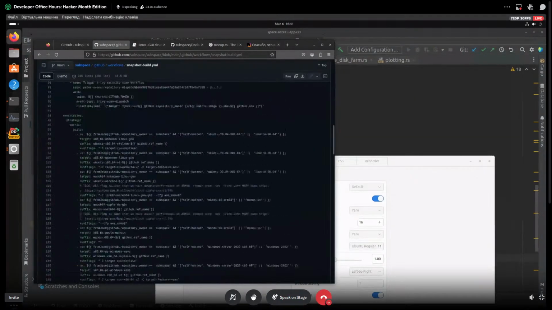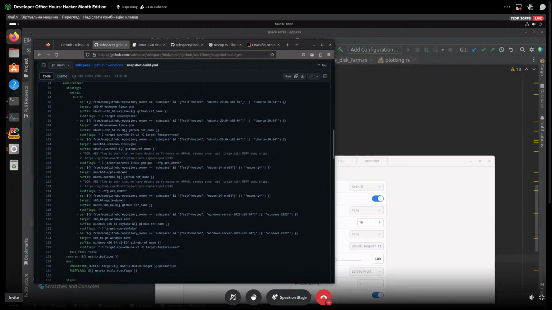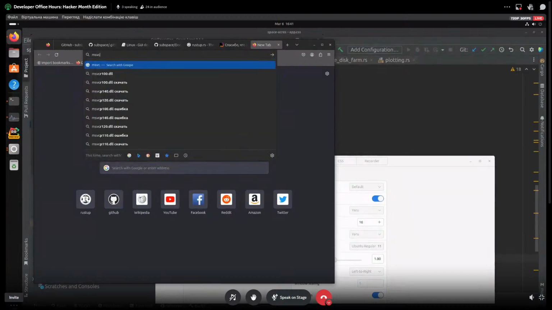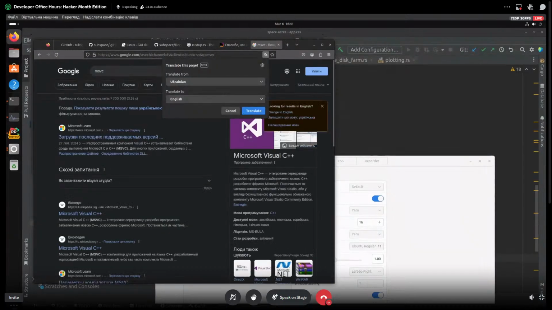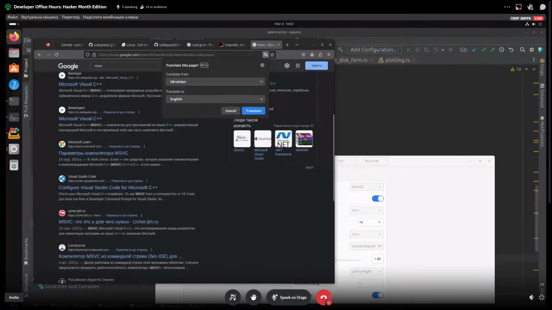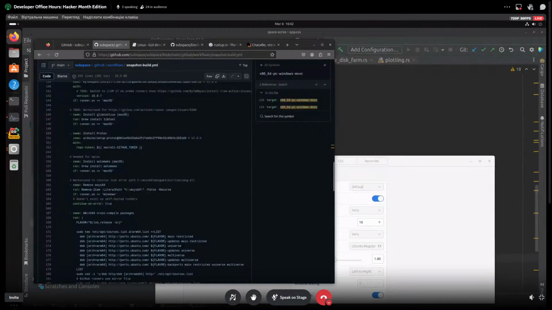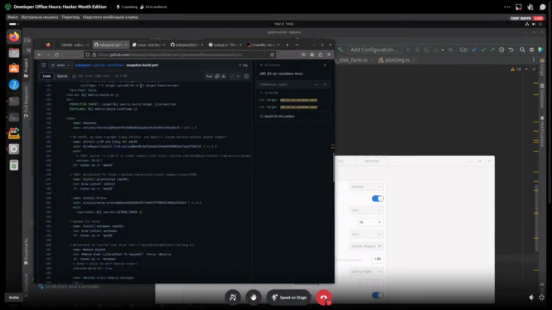So you can go to, for example, executables, and you can see that there are different platforms, including some Windows platforms. For Windows, we're building them using Microsoft Visual C++. So this is the compiler you need to have installed. If you Google MSVC, you will find, I think, the Visual Studio compiler. Then you will need LLVM. If you don't have it, you can see there is a step to install LLVM, I think, for macOS here,